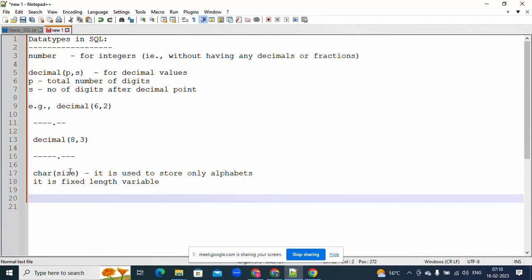And of course, if you like to store more than 10 characters, that is also not allowed. So to overcome that, we have varchar, where the size is represented, which is used to